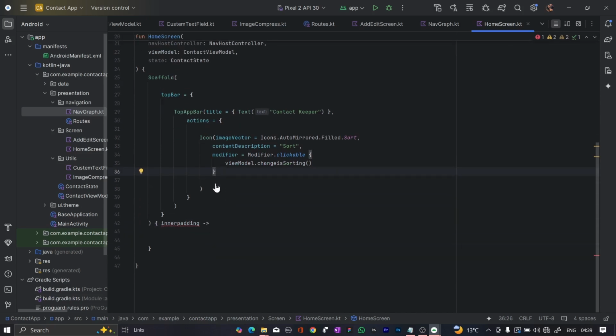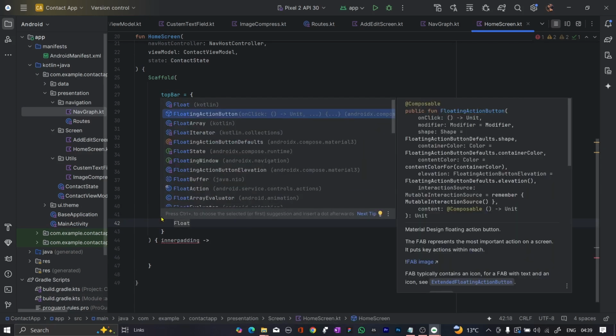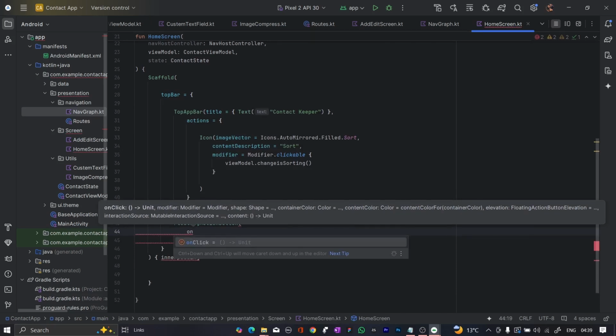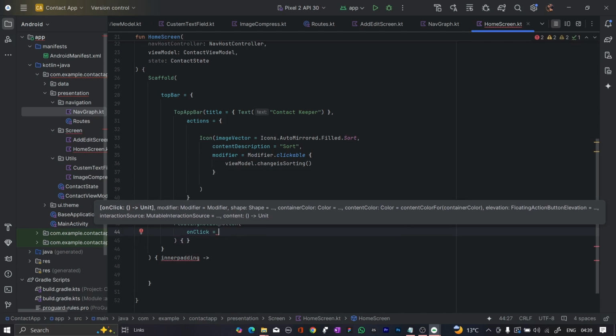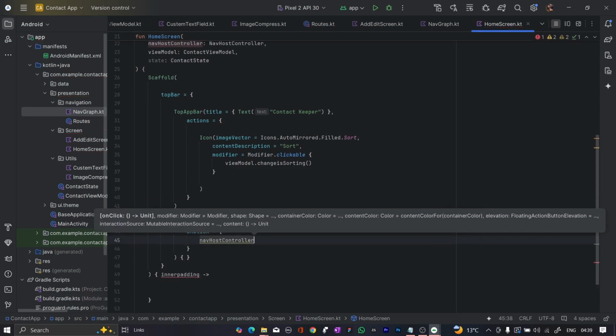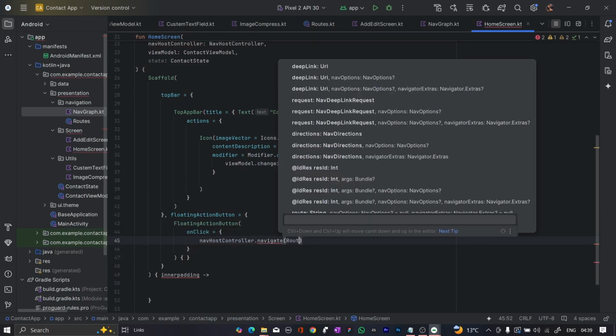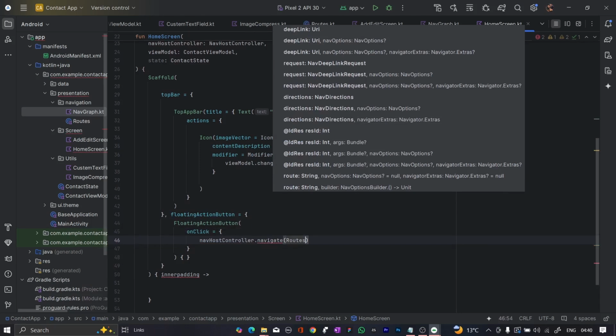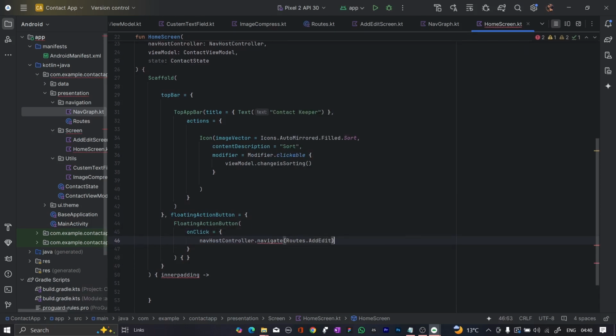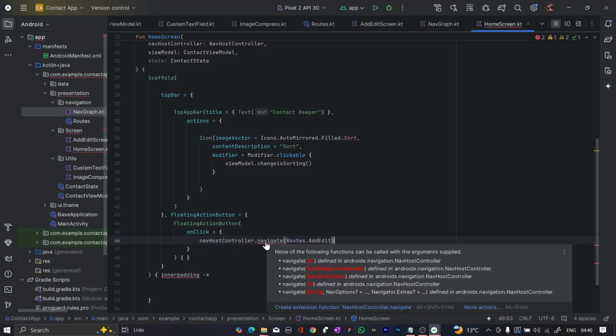Now the next thing that we're going to do is take the floating action bar, right? We have to go inside the right scope. So that scope would be this, and here we needed the floating action button, and inside it another floating action button, and on click of that, we will navigate to Routes.AddEdit screen. So that's done, and as you can see, navigate